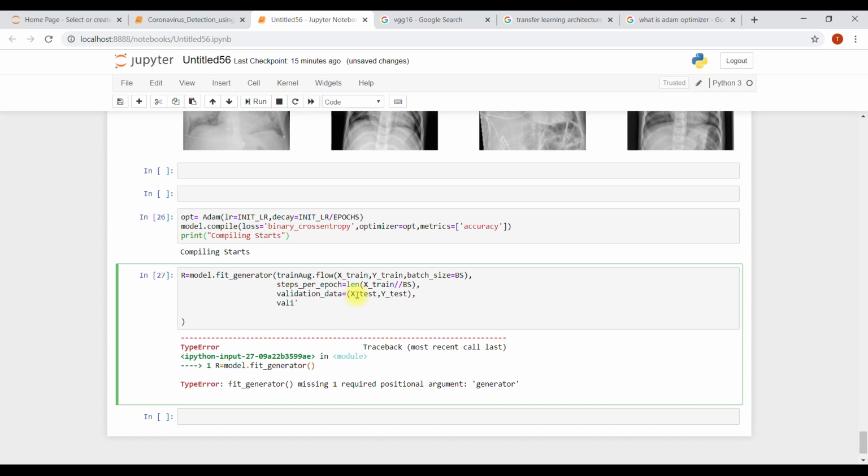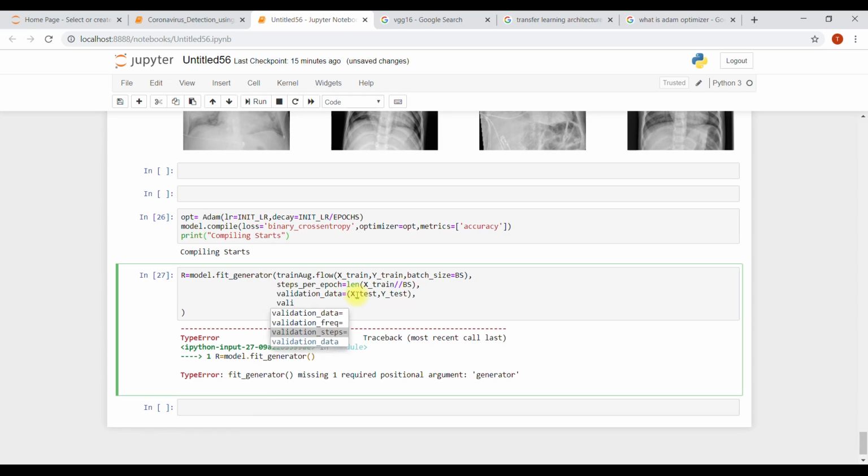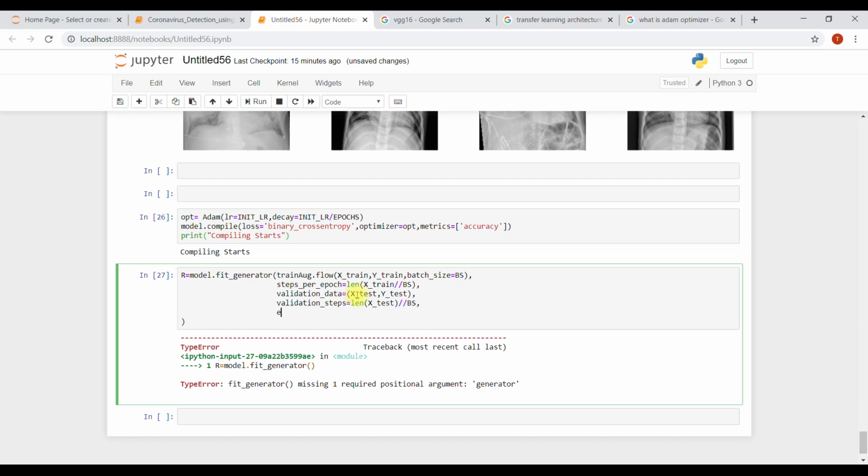Validation steps is going to be the length of X test divided by BS, and epochs is going to be epochs, that is 10 we declared earlier.